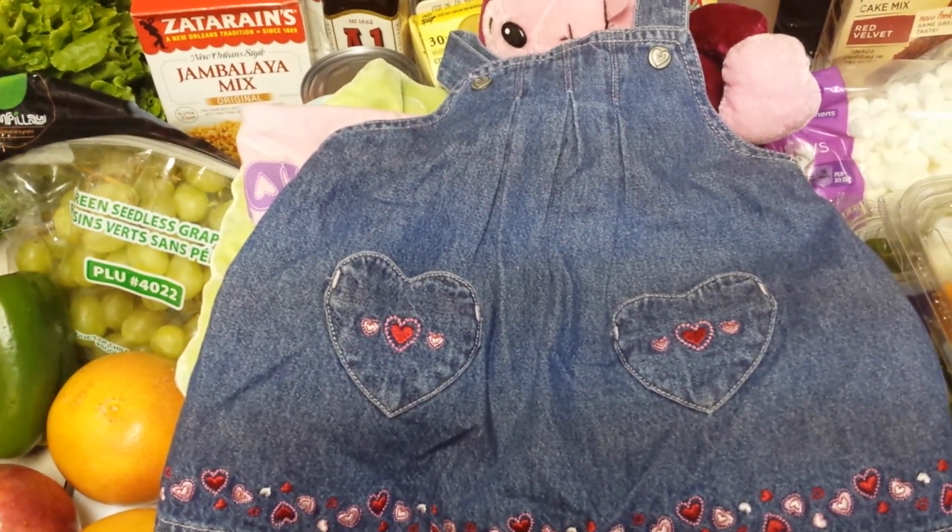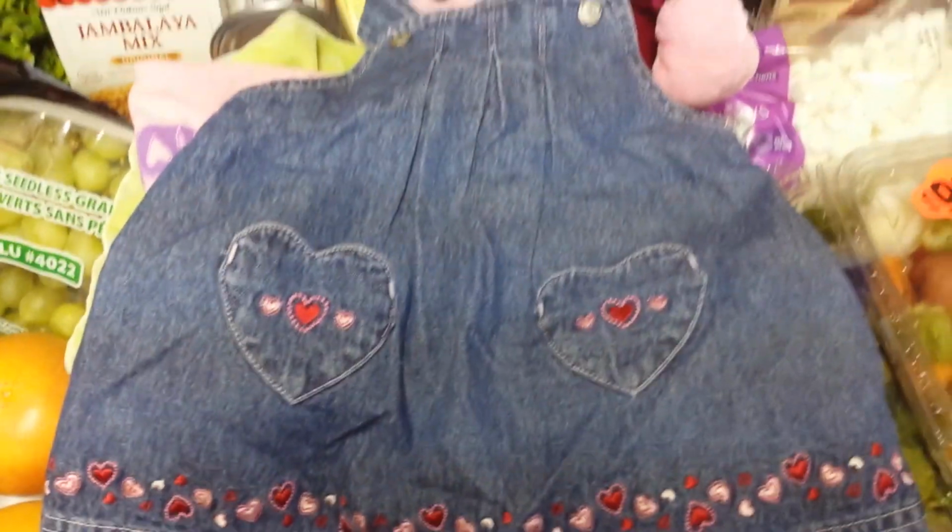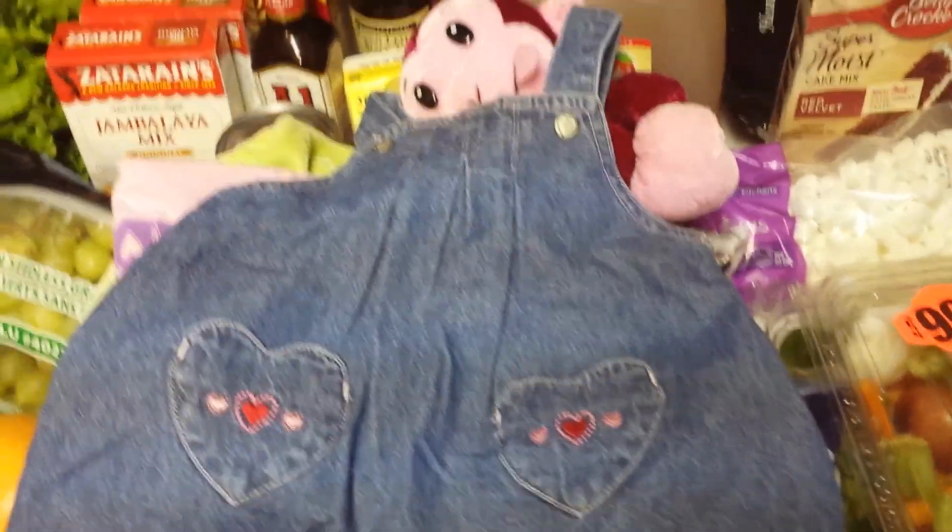And the great thing about these jumpers are you put some leggings on. Sorry, my washer started to go unbalanced, so I had to pause you guys for a second. So I was saying,